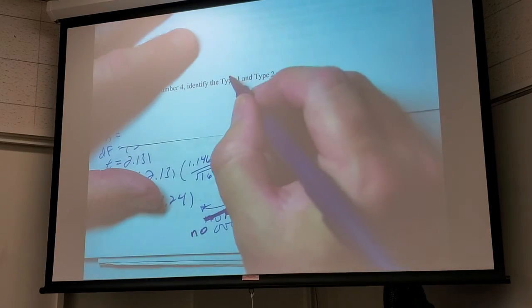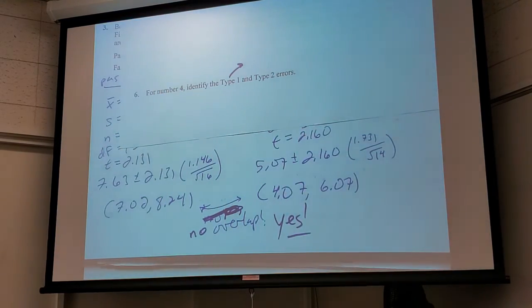So type 1 error is we reject the null when it's actually true. So in a court case, if the prosecution finds enough evidence, what is the verdict? Guilty, right? But what if we say they're guilty when they actually didn't do it? Has that ever happened? Have we ever heard of that happening? Yes, we've all heard of that happening.